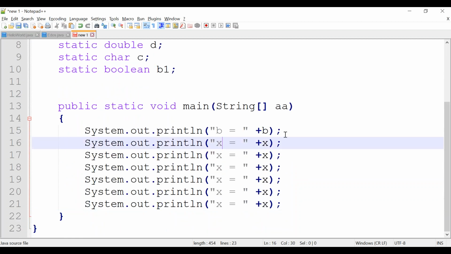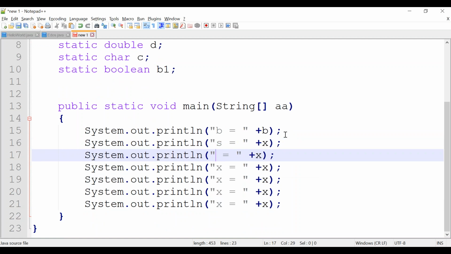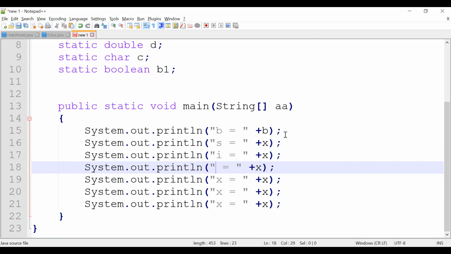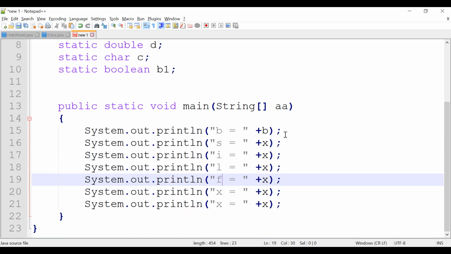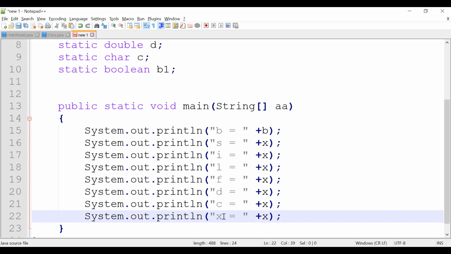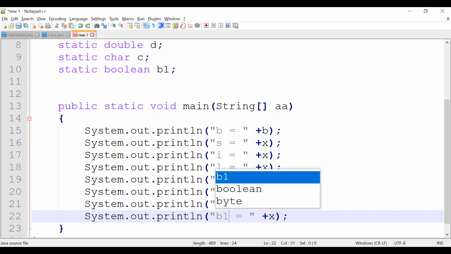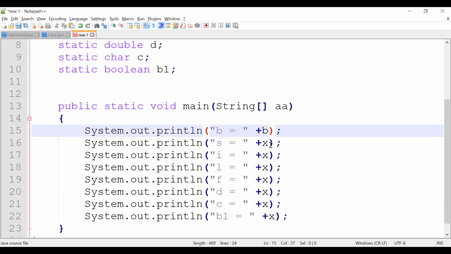First is byte, short, int, long, float, double, boolean, correct, character, and the boolean.